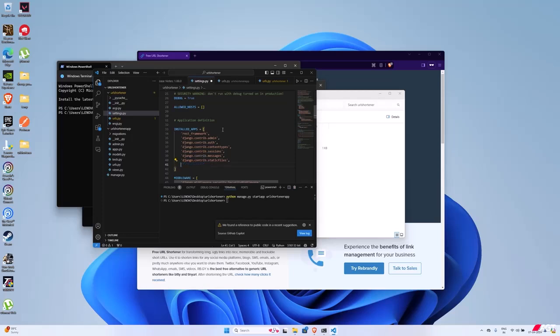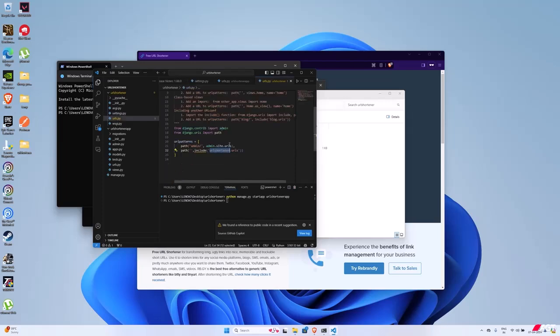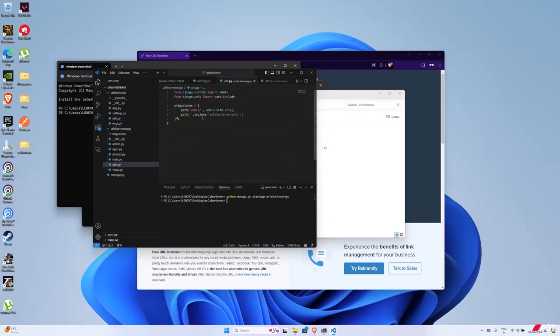I would like to put this at the beginning, and now I have to import this function include. In the urls.py I will be copying the same and pasting it into the app level urls.py, and here I will be deleting the unnecessary code and creating a path to shorten